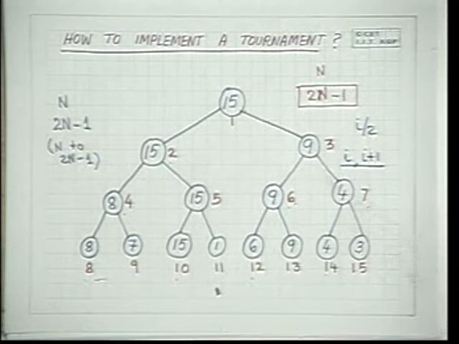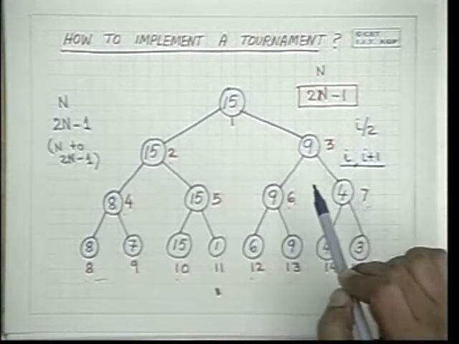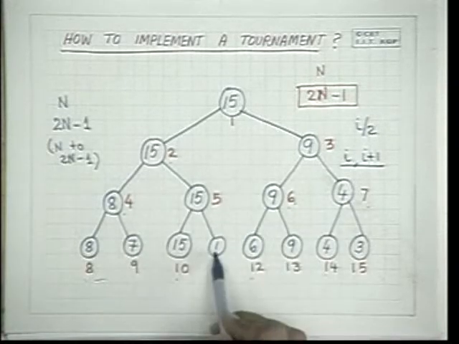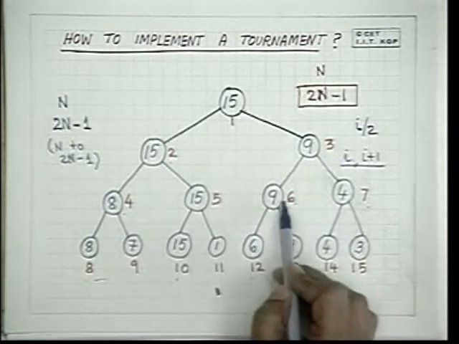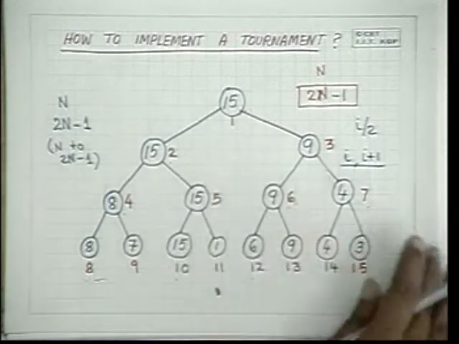That was the idea. And in order to implement it very easily, to write a good simple program, we could start from the end. That is what we saw. We first compare these two and put it in 7, these two and put it here, these two and put it here, these two and put it here. Then we come back and compare these two, put it here, these two, put it here, and then 3 and 2 compare and put it here. That's also what we saw